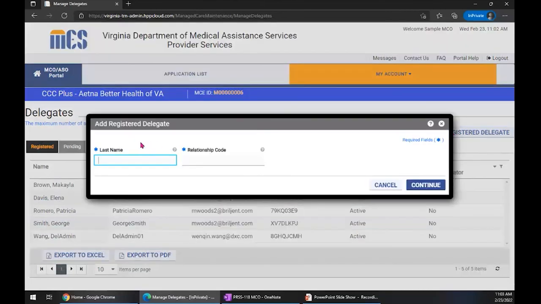And when we do that, it populates the Add Registered Delegate window. What we need to add a registered delegate who is already known to the system would be a last name and a relationship code. So we are going to add Smith. We have asked George for his relationship code and the last name that's associated with that. So he's given it to us. So we have added his last name and the relationship code. And then we come over here. Since he's already known to the system, when we click continue,